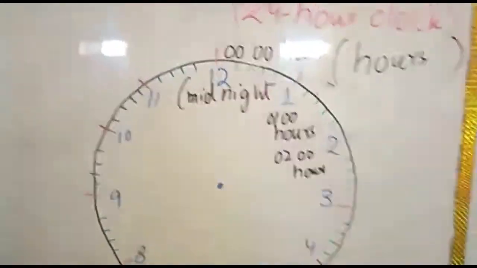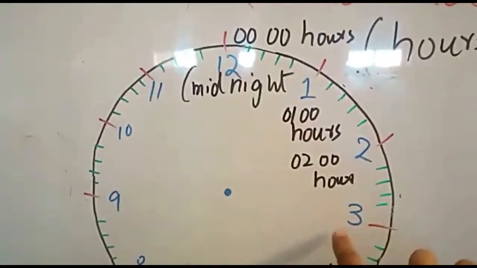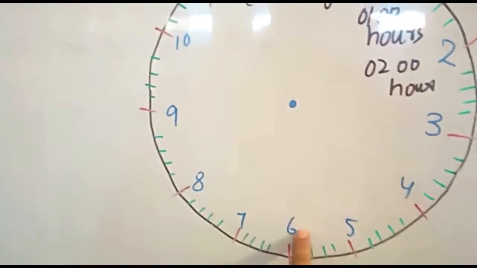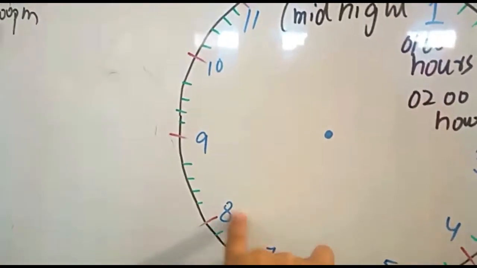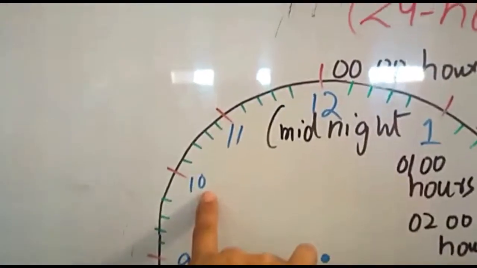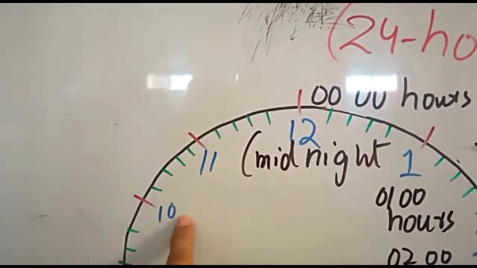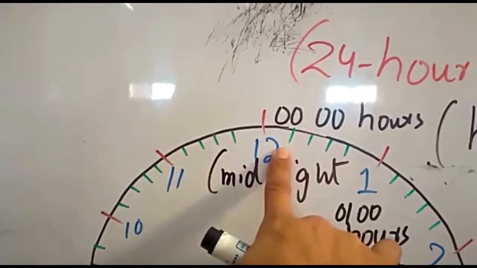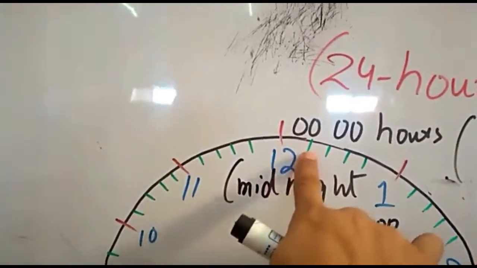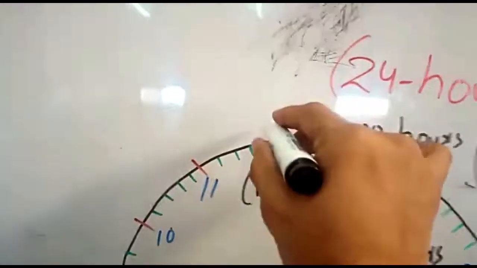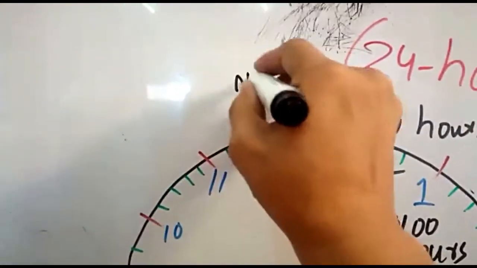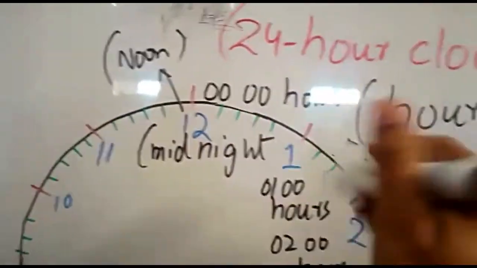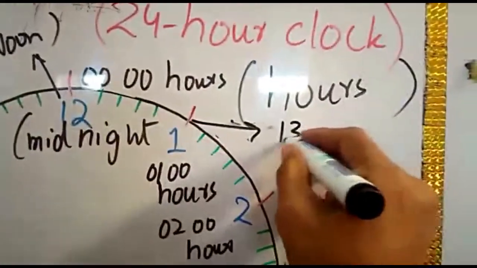At midnight, according to this, we will write 3 hours, 4 hours, 5 hours, 6 hours, 7 hours, 8 hours, 9 hours, 10 hours, 11 hours, 12 hours. Then 12 hours is equal to noon time, at midday. But after midday, the hour will become 13 hours,